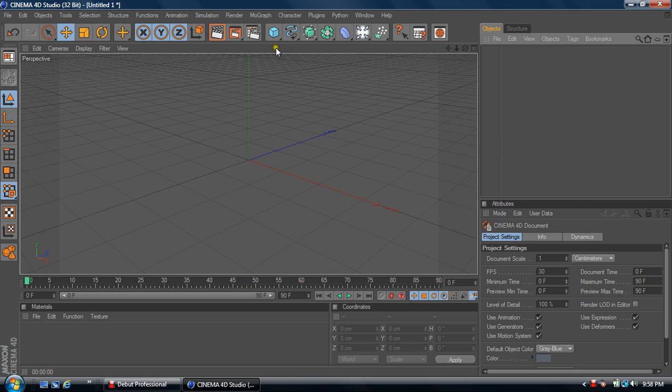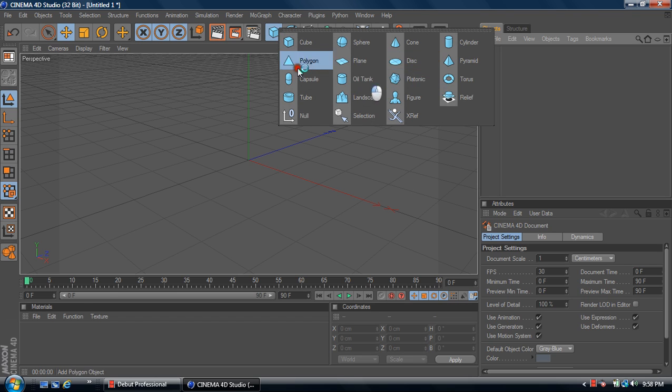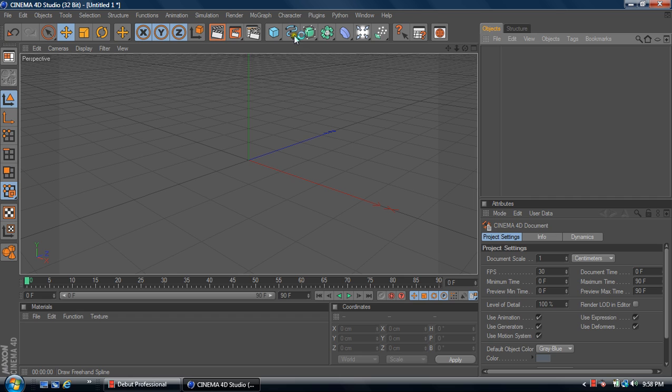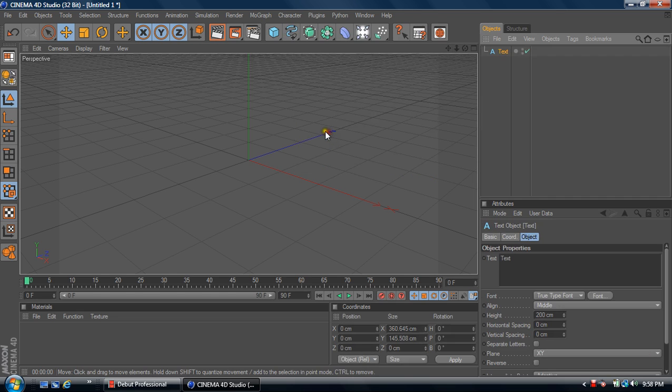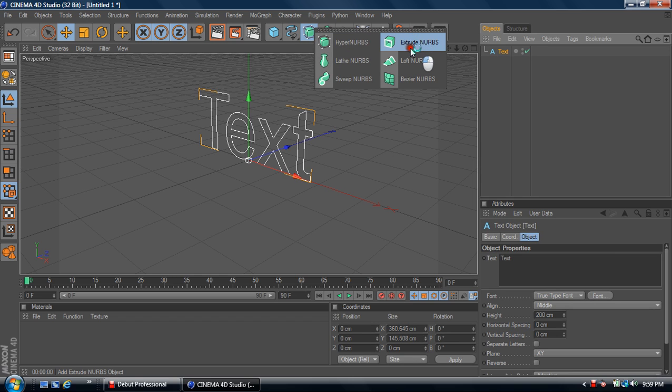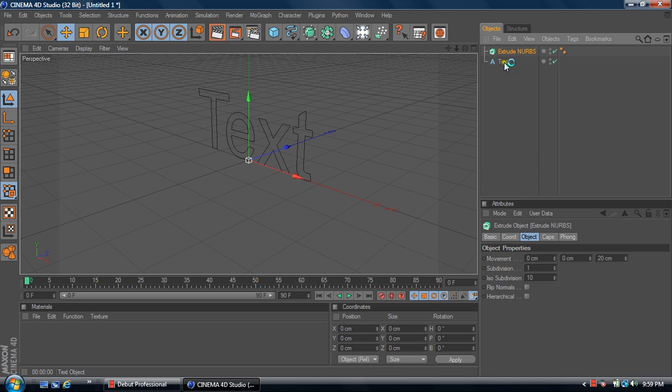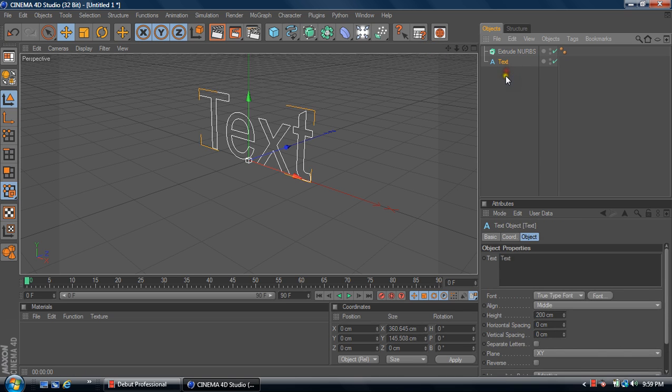But, alright, to the text. Now, there are two ways to do text. I'm going to show you both ways. So, next to this cube, which is objects, we don't want that. We want the one right next to it with the squiggly line. We're going to go down to text, and then go to the one right next to it, and go to extrude NURBS. And then as you can see, it's not